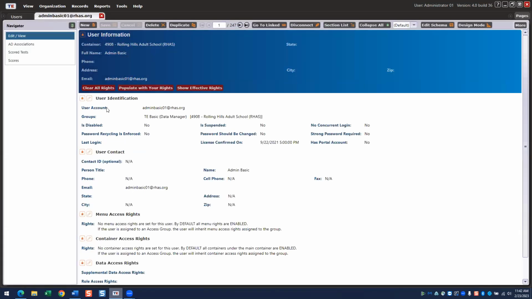This is your data manager. So the typical setup will be one data manager per agency. There are situations where multiple data managers are needed, but usually it will be one data manager per agency. So you can go ahead and display that, and